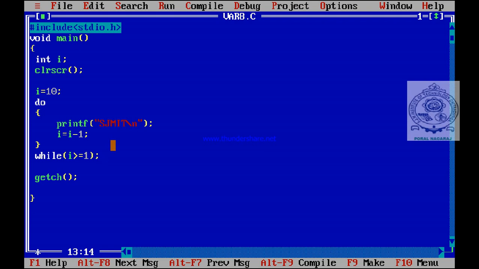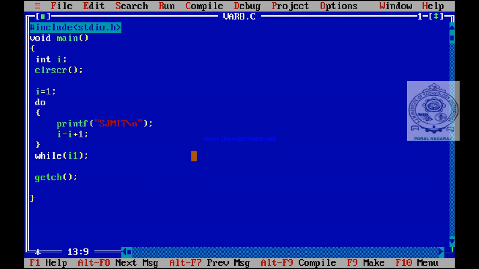And one thing you have to remember: we use while loop or do while loop when we don't know how many times we have to execute the body of the loop. But in the present case, we want to display a fixed number of times, and I am going to use do while. I is initialized to 1, then I assign I plus 1, then while I is less than or equal to 1,